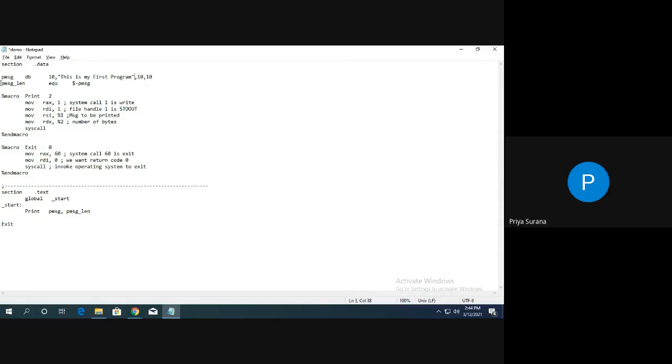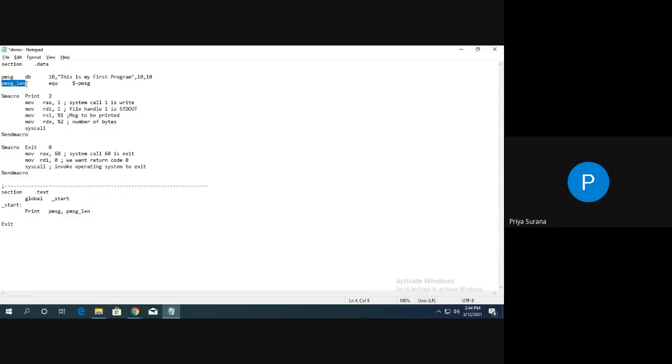Now the next variable, which is declared immediately after this message, is for calculation of the length of this message, because that length will be required next when you are going to actually display this message. So the length is supposed to be calculated here.